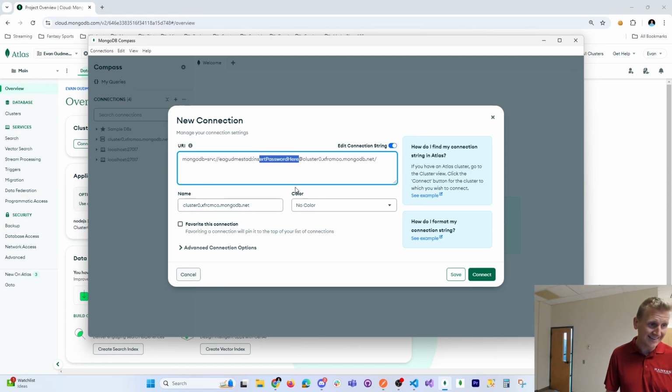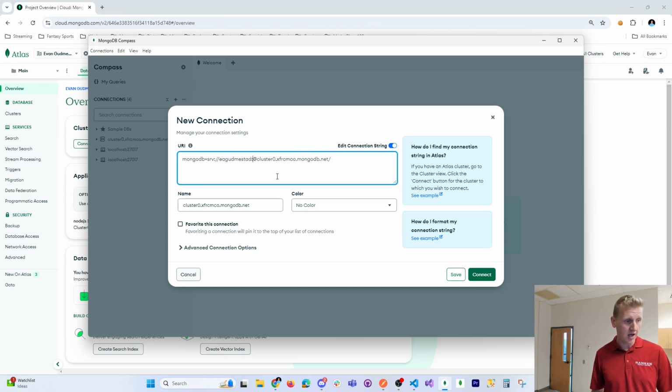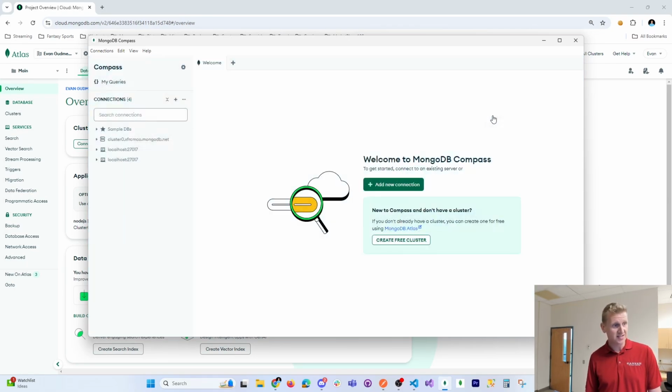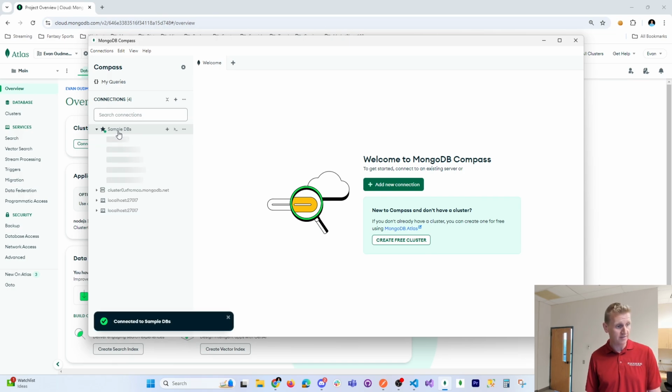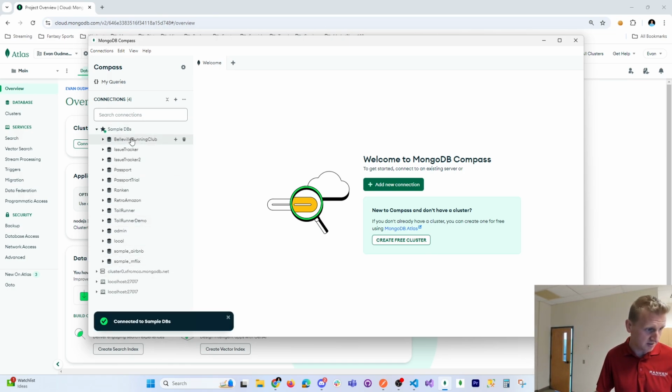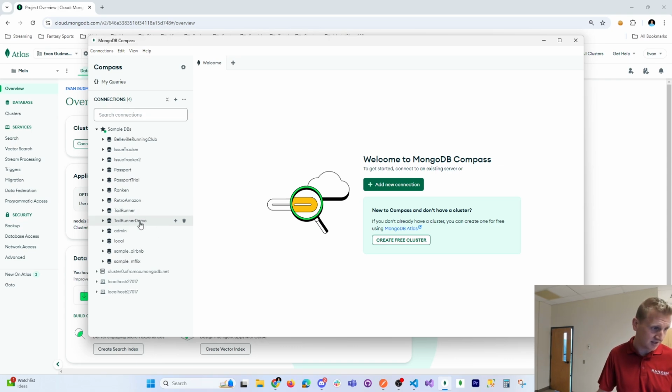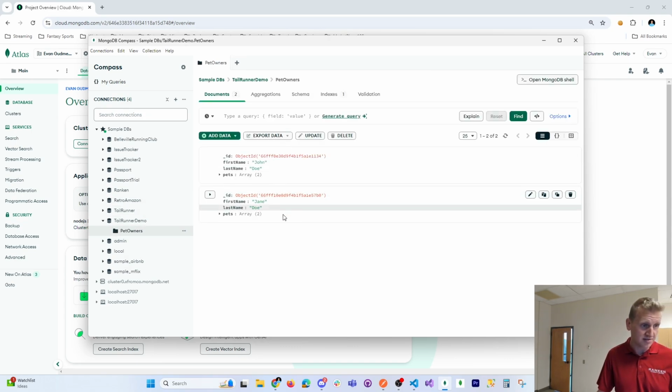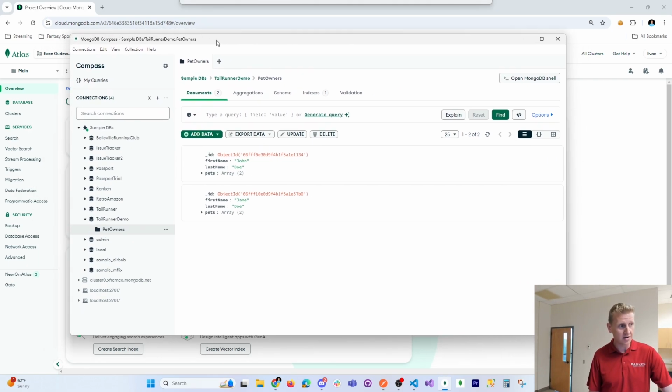Okay, now you're going to notice I deleted the, if I kind of Control Z that, I did delete the angle brackets here, right? So definitely delete those angle brackets, the less than and greater than, and that should allow you to connect in via Compass. Okay, now I've already saved my credentials right here, so if I just click it, notice I get the green check mark, and here's all my databases, and here's Tailrunner demo, and here's the 2 documents that I just created on Atlas, and now I'm just looking at it on Compass. Okay, so connect in Compass into your cluster,